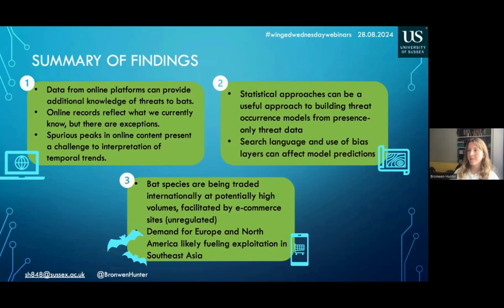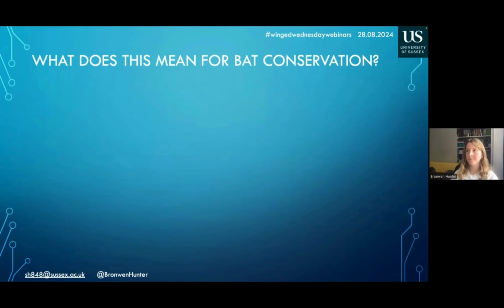Finally, we found that bat species are being traded internationally at potentially high volumes, facilitated by very well-known e-commerce platforms such as eBay and Etsy. It's entirely unregulated, with demand from Europe and North America likely fueling exploitation in Southeast Asia.